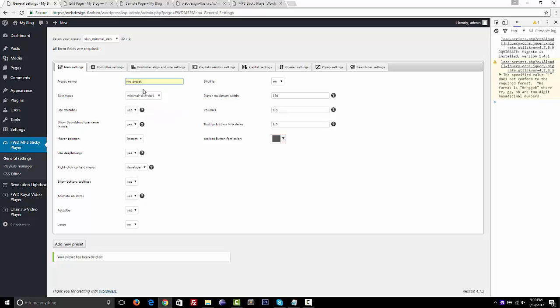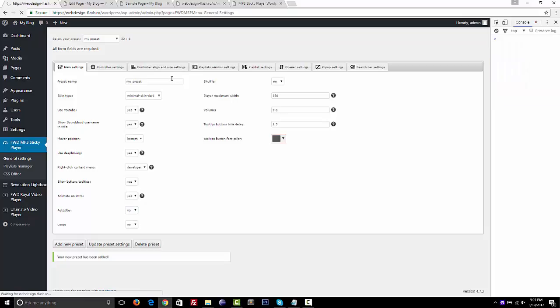Already done that. And add new preset. And now everything can be modified here. For example, can disable YouTube autoplay. We'll set the autoplay to no for this example, and I will show you the other stuff after we create